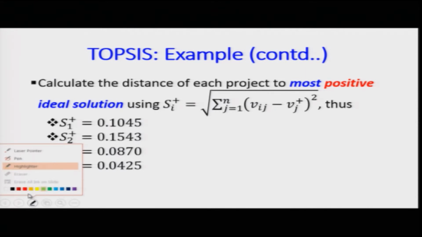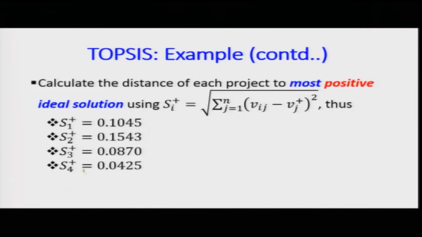Once I am requesting you, once you have that matrix, remember that I am again going slowly. Once you have the matrix for the value of x, normalize it, be careful what normalization you are using, also be careful in which direction, row or column. Once you do that, have an understanding of what the weights are. Remember, the size of x should be m cross n, and the size of r, which is a normalized matrix obtained from x, should also be m cross n. M is the number of alternatives, n is the number of criteria. Similarly, the weight matrix would be n cross n.